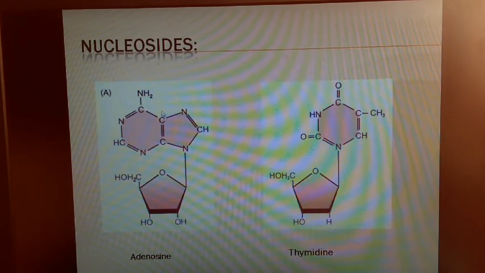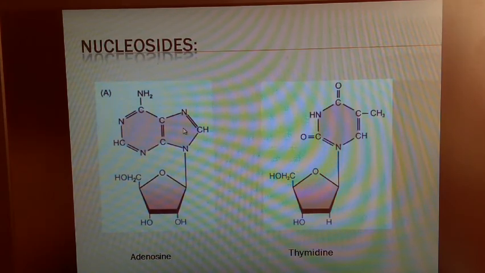So what is this structure? This is adenine. And what is this structure? This is thymine. Thymine is a pyrimidine. For pyrimidine, I mean the first nitrogen, not carbon, the first nitrogen. So pyrimidine uses the first nitrogen, purine uses the ninth nitrogen. It is going to bond.